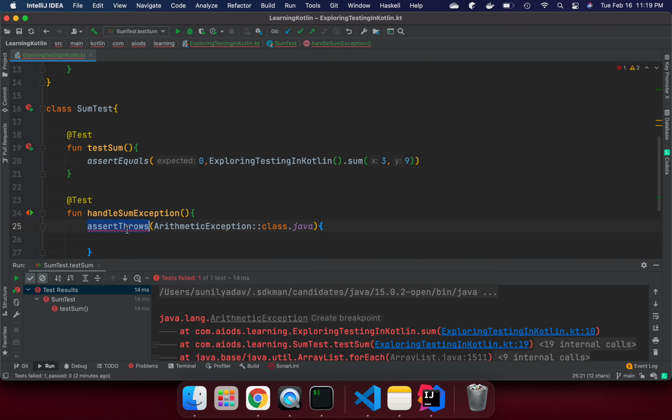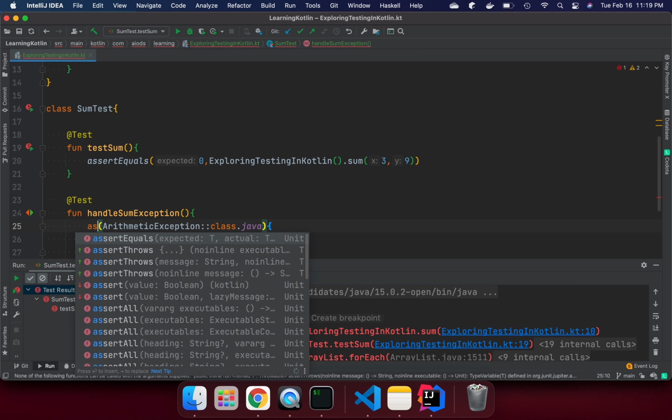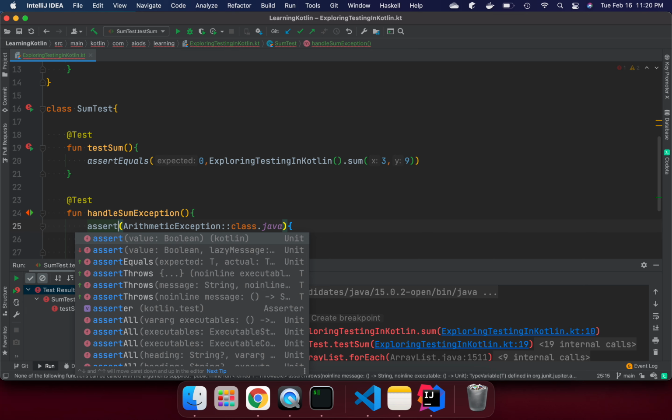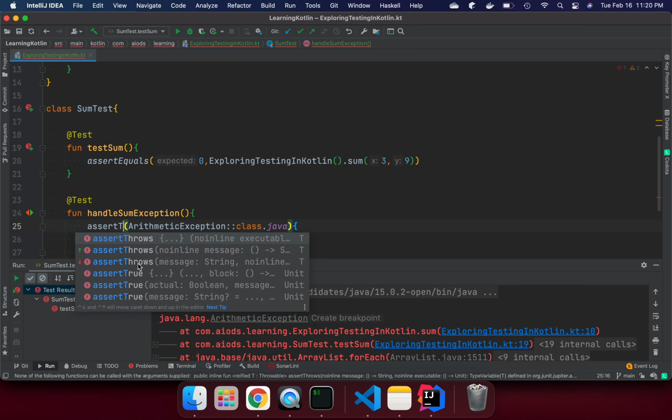Assert throws, this is not a method we are getting. Why are we not getting it? Let me see. Assert throws, expected. So these two methods should work, that's not a problem.